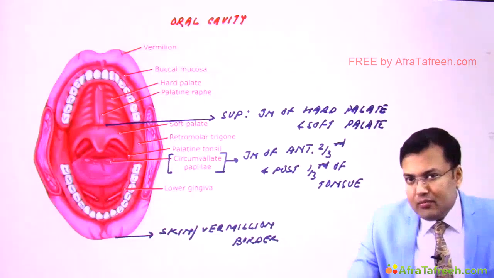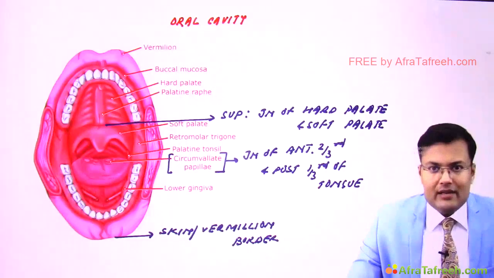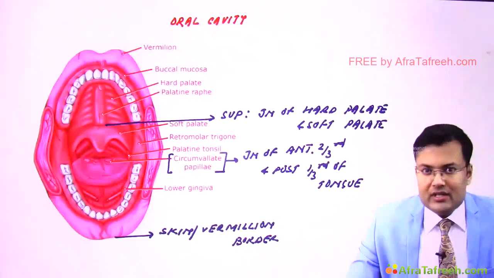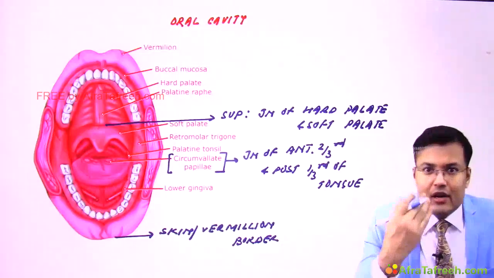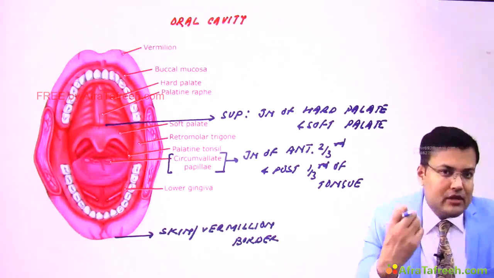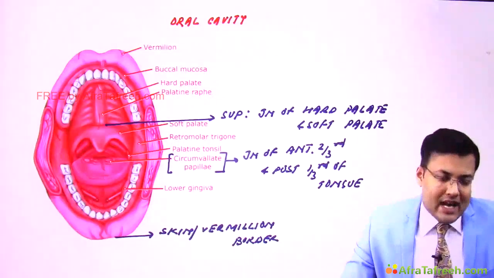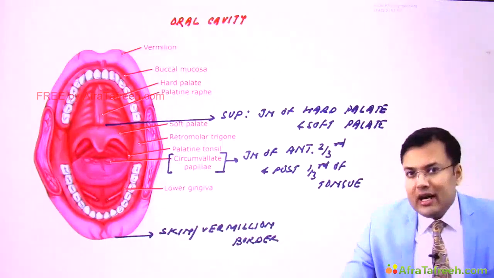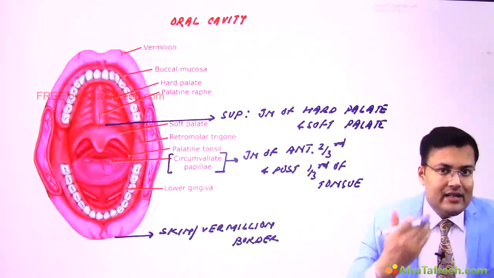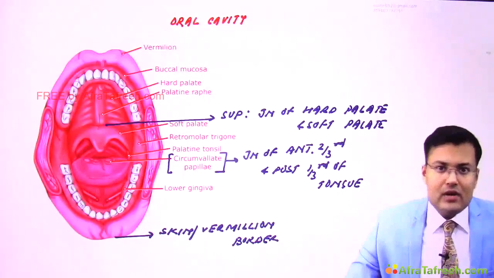Now we are going to discuss the important one-liner questions which are asked in relation to carcinoma oral cavity. What is the most common mutation seen in patients of carcinoma oral cavity? This is P53. What is the most common histological type? Obviously, it is lined by squamous epithelium, so this is squamous cell carcinoma. Worldwide, the most common site is tongue followed by lip. And in India, it is buccal mucosa.